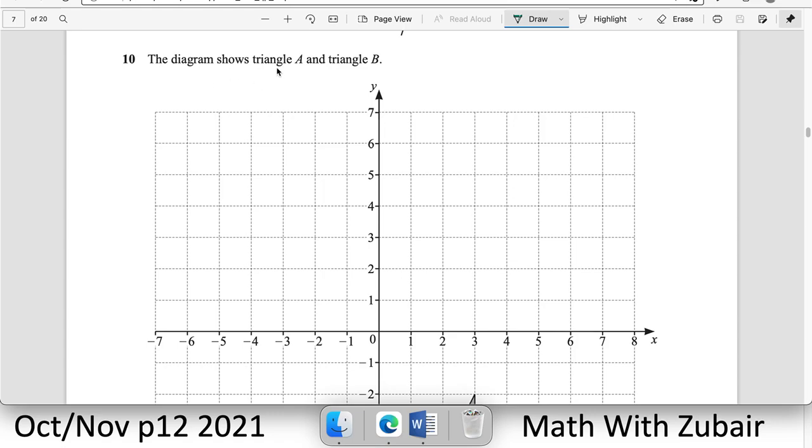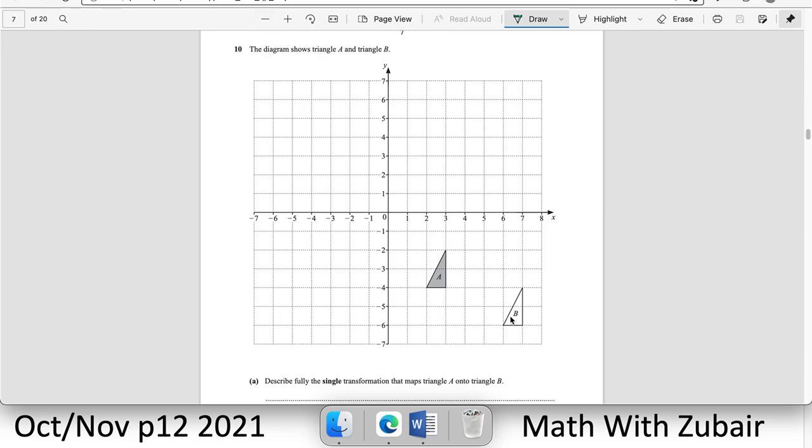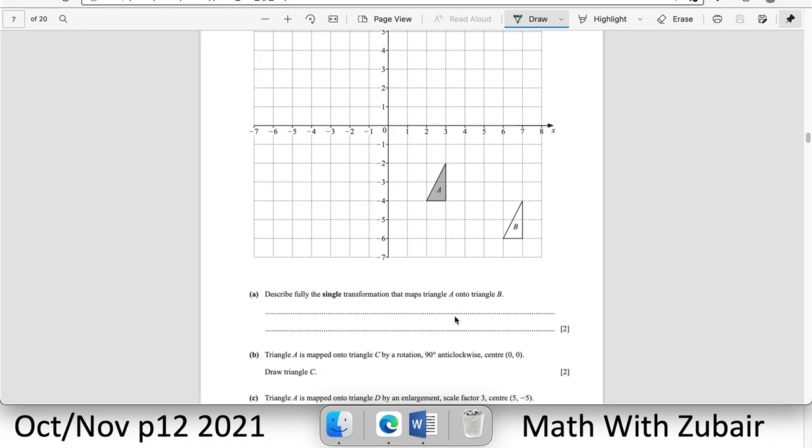Question number 10. The diagram shows the triangles A and B. Let's zoom out a little. This is A, this is B. Describe fully the single transformation that maps triangle A onto B. So we can clearly see that it is a straight drag. So that is a translation